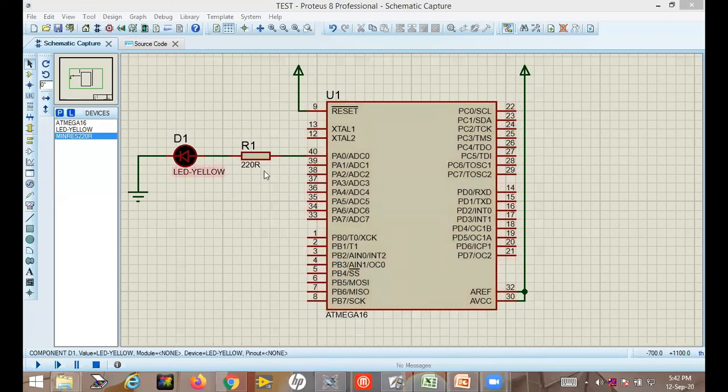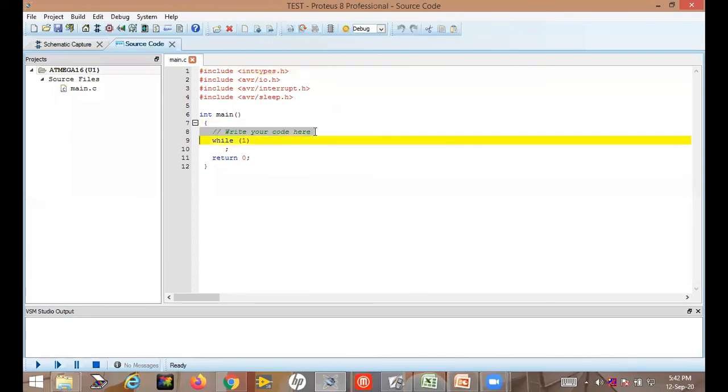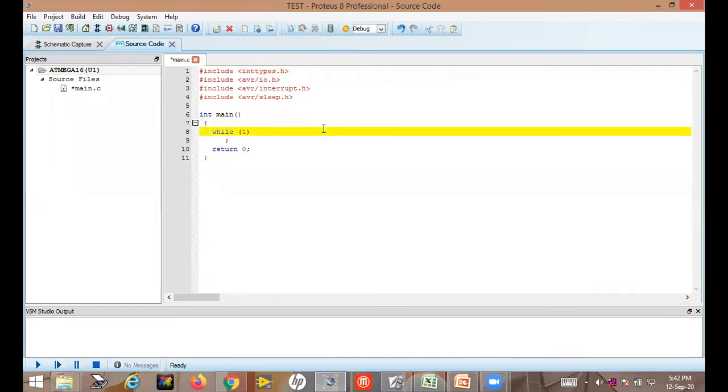So let us go to the source code, and here I will write the program. This is for demonstration, I am not going to explain it. Just see how to write a program. First I will define the pin. For defining the pin, I will type DDRA.